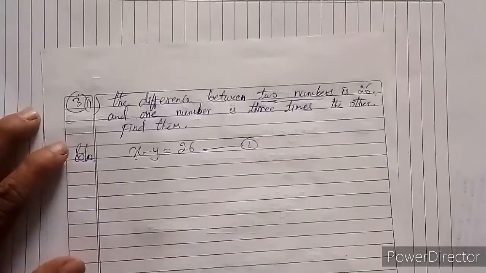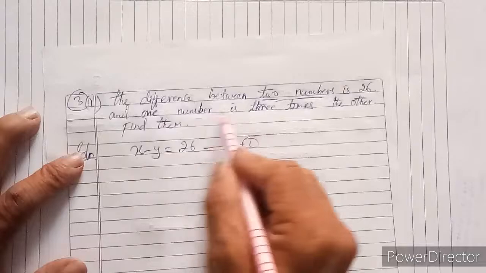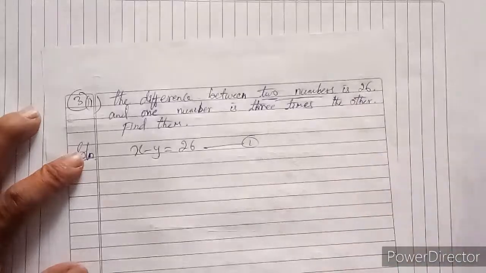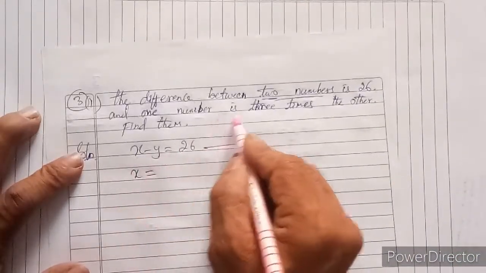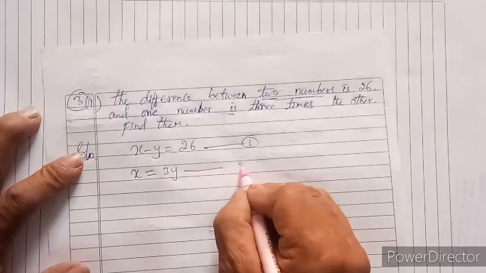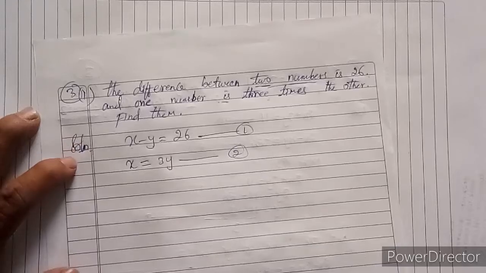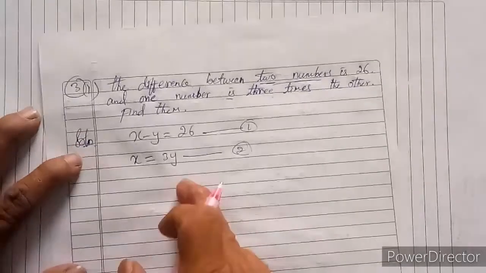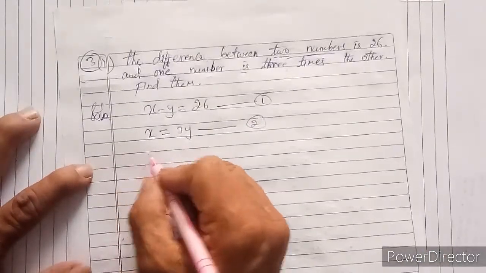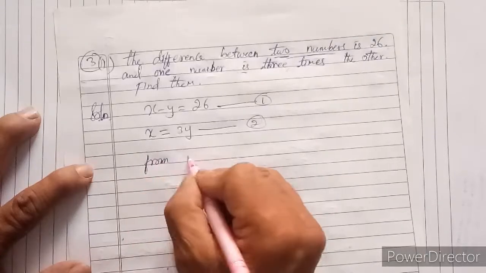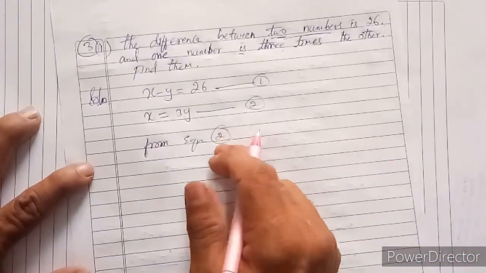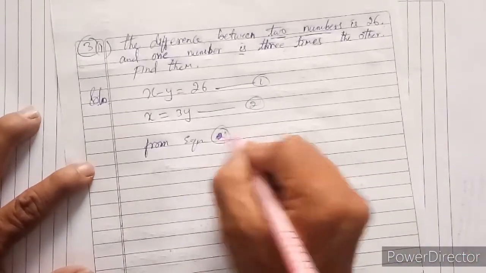Equation 1. Similarly, one number is 3 times the other number; we don't know the first number, it is 3 times the other. One number is 3 times the other number, that is equation 2. Okay. Now we have to put the values in this or this, we can put and solve, right? Now from equation 2 I will take, from equation 1 I should take, from equation 1.